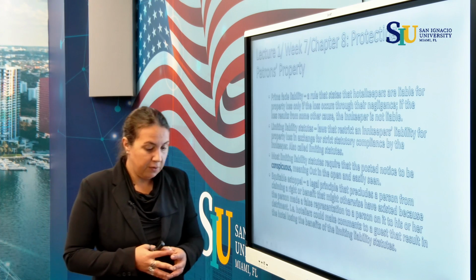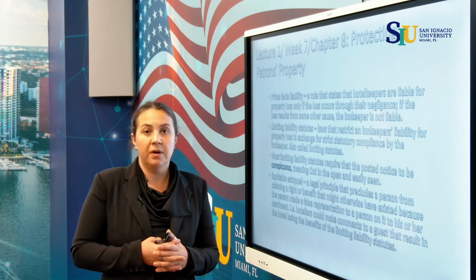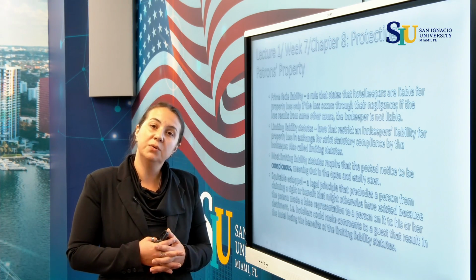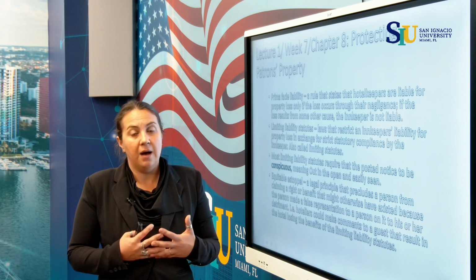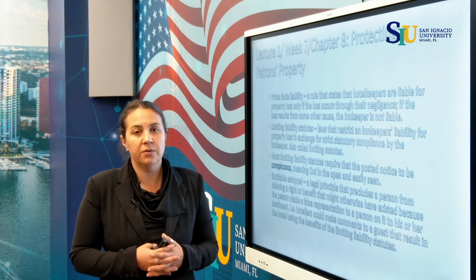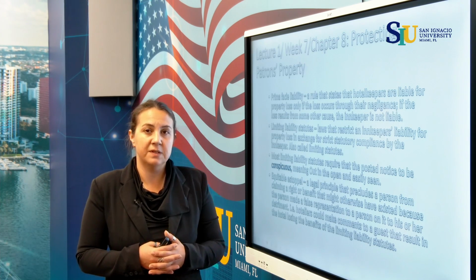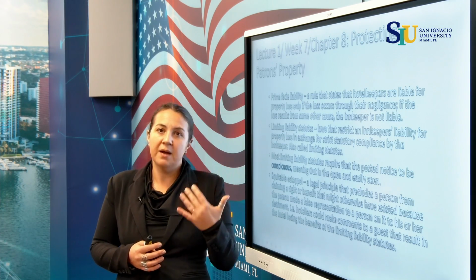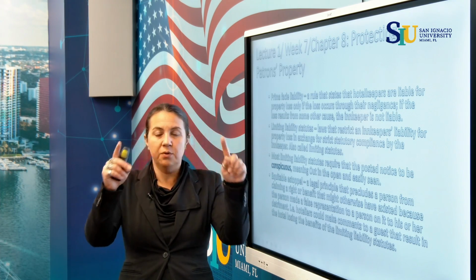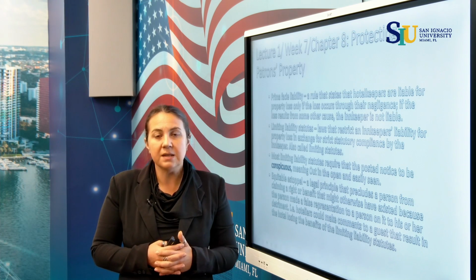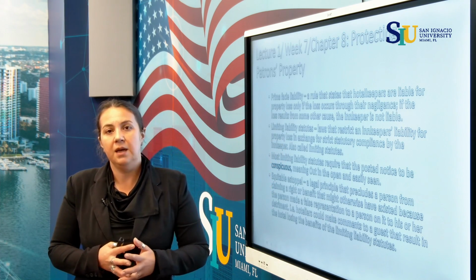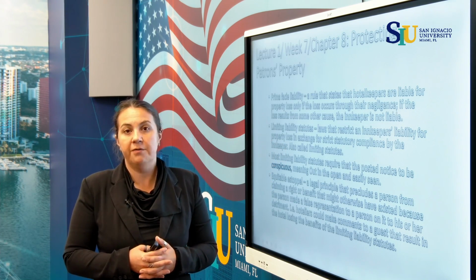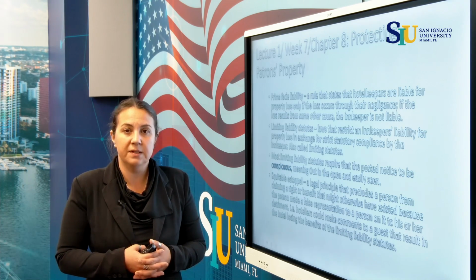To give you a good example of what a conspicuous notice will be in a hotel room, if you have ever been in a hotel or if you're planning to visit a hotel anytime soon, please close the door. And on the back of the door where the peephole is, there will be some kind of a sign. That sign is going to tell you the innkeeper statutes of the state in which that hotel is located.